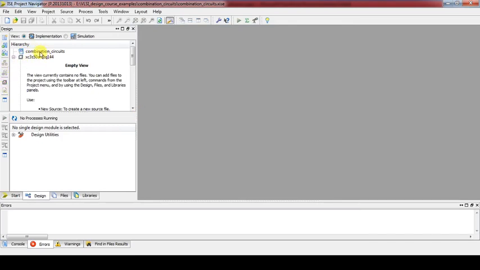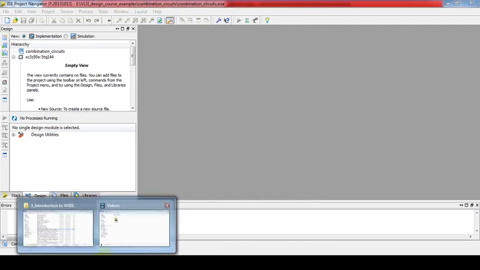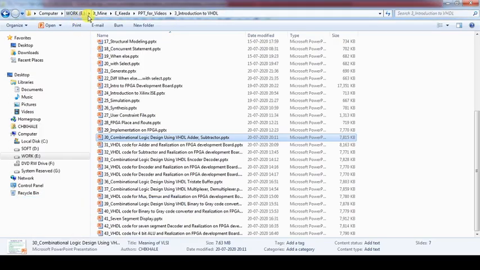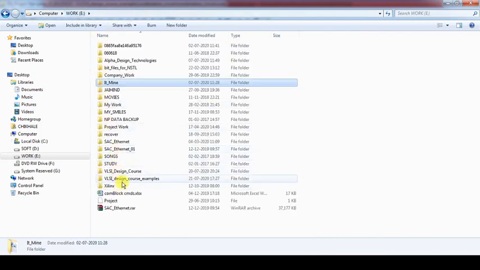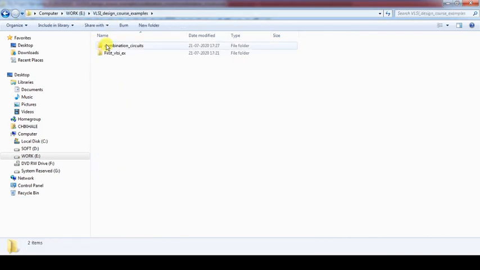Now a new directory will be created in location directory E under the folder VLSI design course examples, in that combinational circuit. Just for curiosity we'll go back and check it. Here in the VLSI design course, this combinational circuit project folder is created.